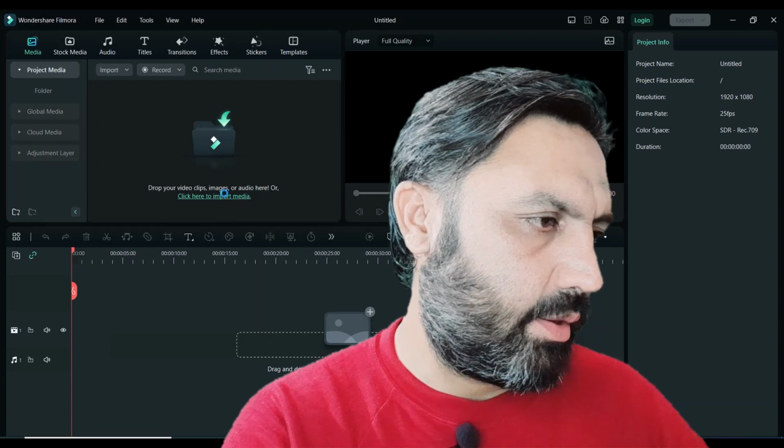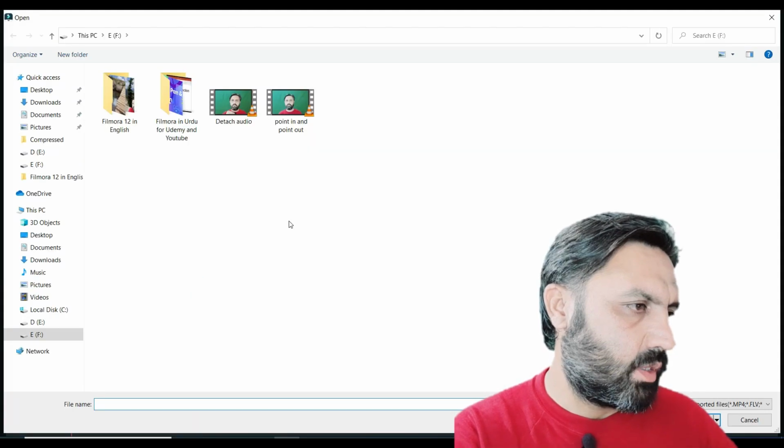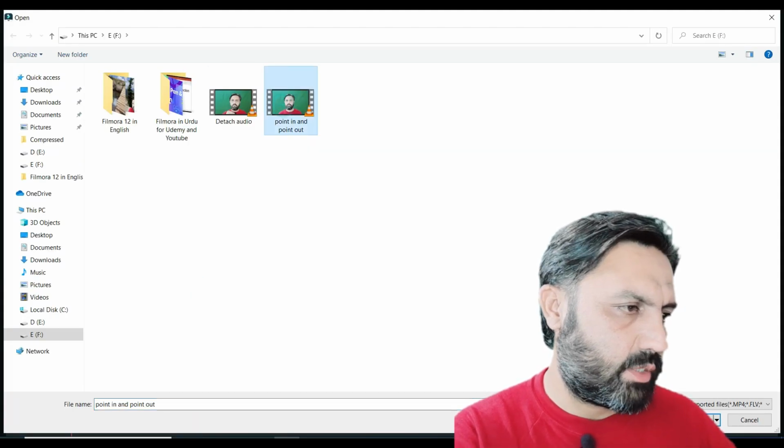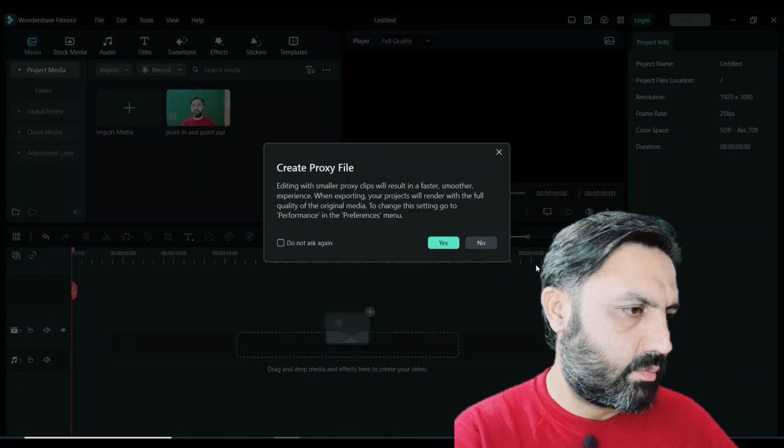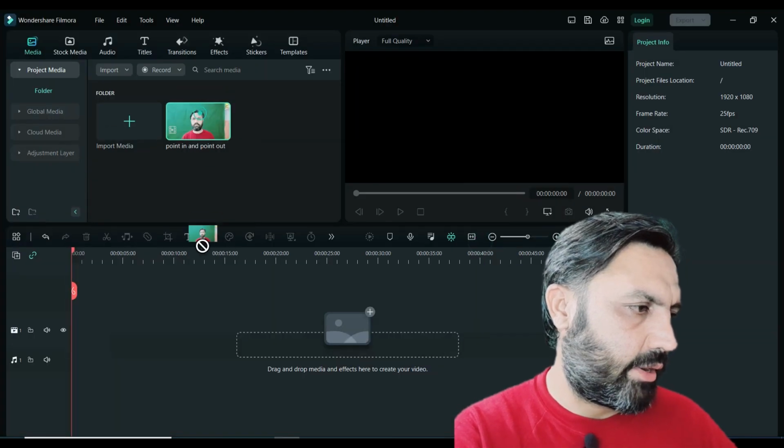Hello students, in this video we talk about how to mute audio in your Filmora. So open your Filmora and import your media files. So I import this media, and then drag and drop it,